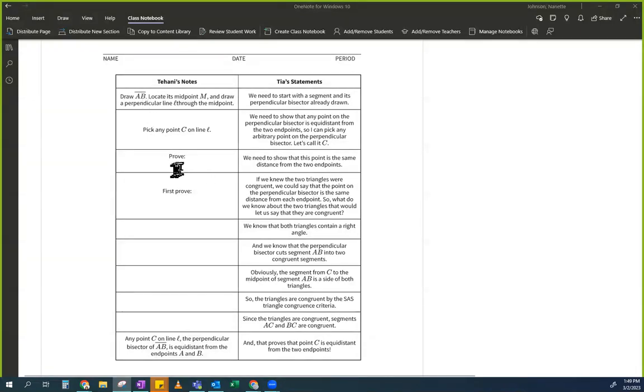Okay, here's what we're going to prove. We need to show that this point is the same distance away from the two endpoints. So we're going to work on this the next time. But if you can just read through all this to make sure that you're comfortable with some of the notation like AB, some of the notation like line L, so that you are ready for next time. Good? All right, I will see you